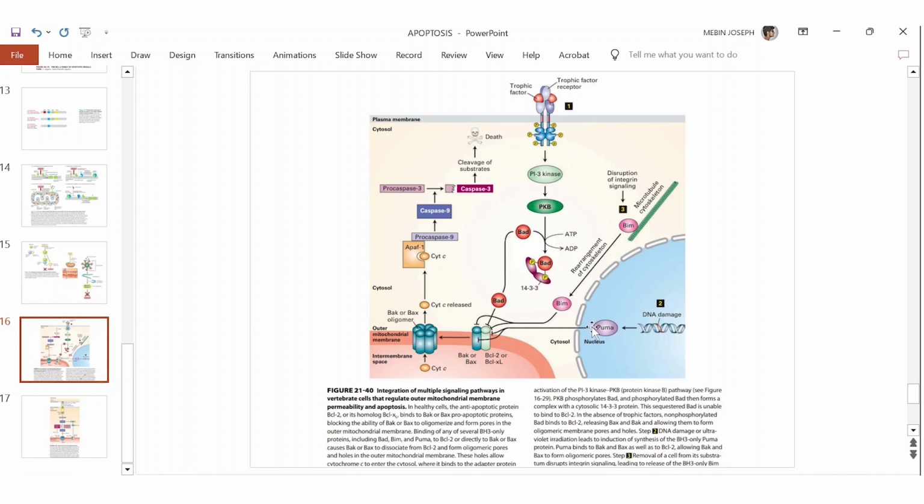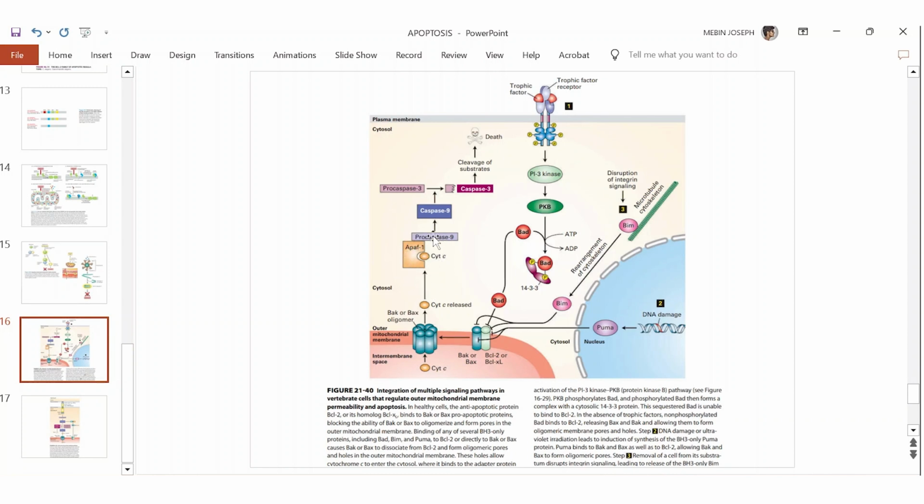So Puma and Noxa will come out of the nucleus, and they will go and inhibit anti-apoptotic protein again. When anti-apoptotic protein is bound to Puma and Noxa BH3 proteins, pro-apoptotic protein again becomes free. They oligomerize and they form a channel-like opening. Again, cytochrome C can come out from the mitochondrial intermembrane space and they will bind with adapter protein called APAF1 forming